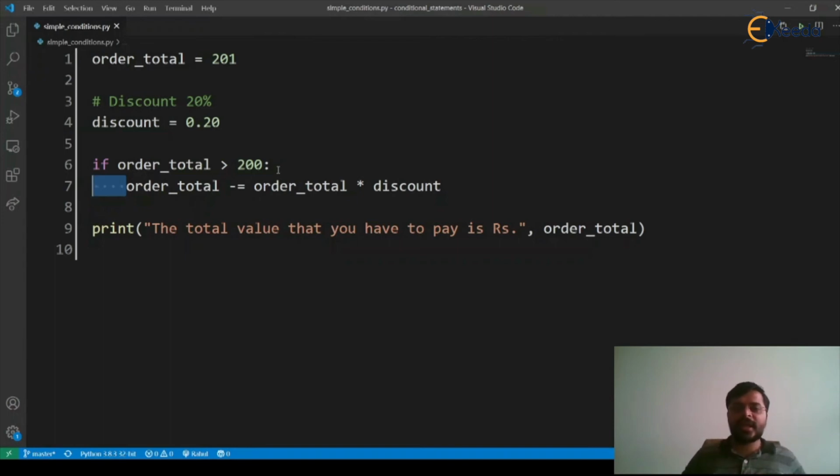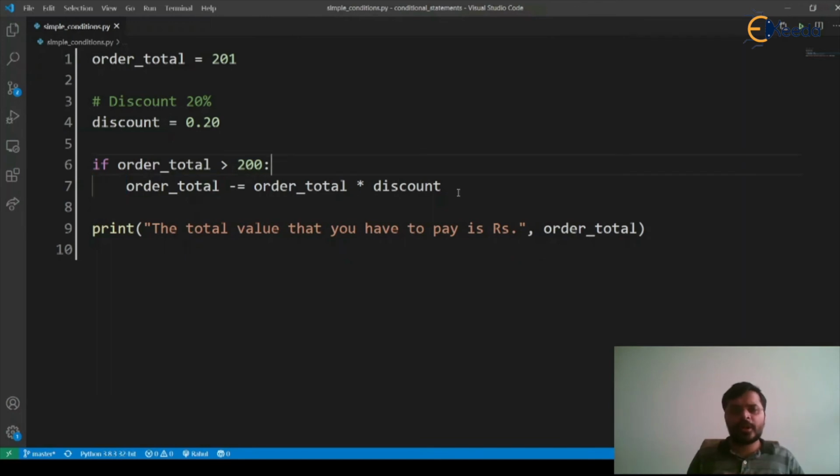Here you can see I have four spaces, or one indent or one tab, before I start writing these lines of code. So you should be careful with the indentation. If a block of code should be executed only if the condition is true, all those lines should be indented to the right within the if condition.